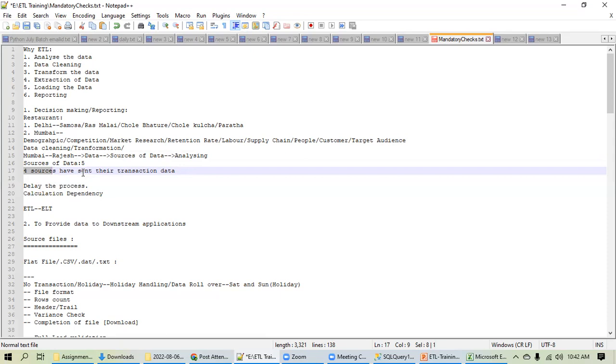It has happened in my project. I will tell you what happened. One of the sources had not sent the data, and we were under the impression that we had received the data and we ran the job and the data was loaded. But when we realized that this particular source had not sent the data, we dropped an email to them. They did the analysis and told us that the password of the channel through which they send the data expired the day before yesterday, and they were not aware of it.